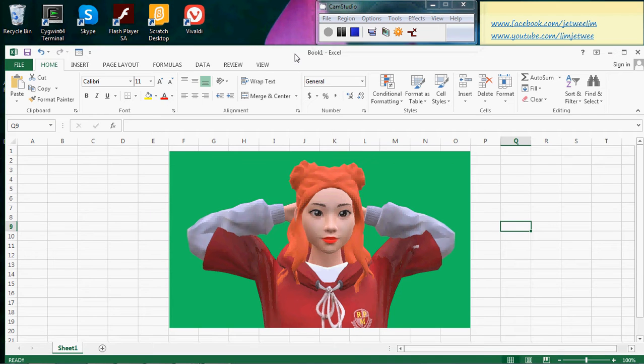Okay, I have here the Microsoft Excel, the desktop version. This doesn't work on the online version for some reason. So this is the desktop version, and I have actually inserted a picture of Cassie, my digital design